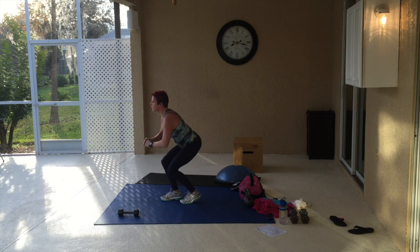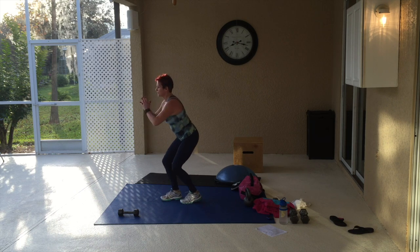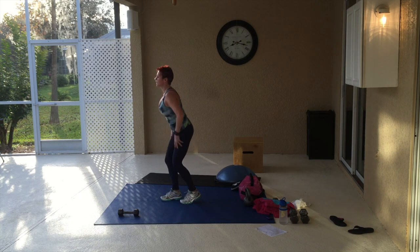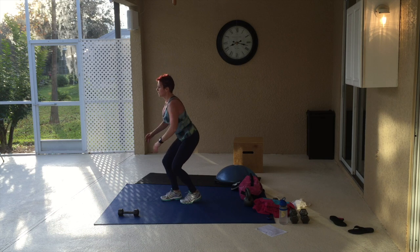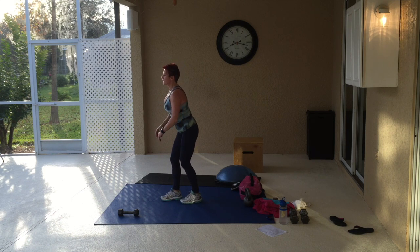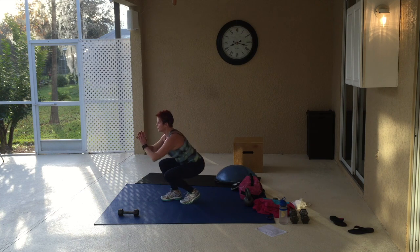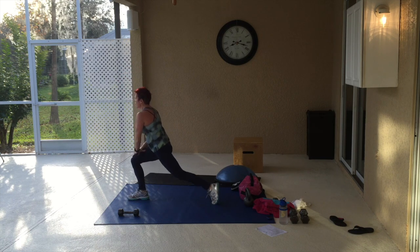Here's 6, here's 7, 8, 9, 10, 11, 12, 13, 14, 15. Okay, reverse lunge. 1,